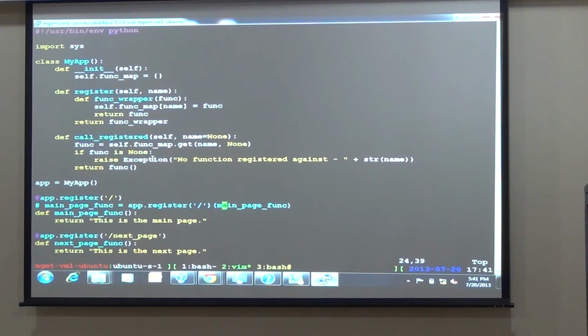Clear? So if you had done this thing directly, you wouldn't have the ability to pass any differentiating characters. Every time you would be wrapping only main page func. That is the problem.